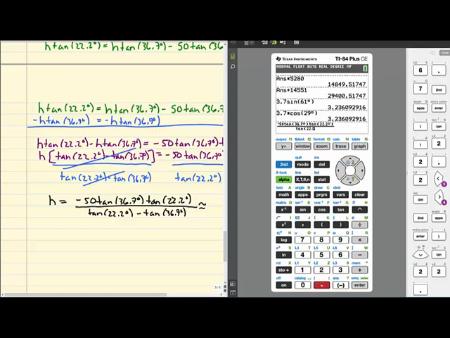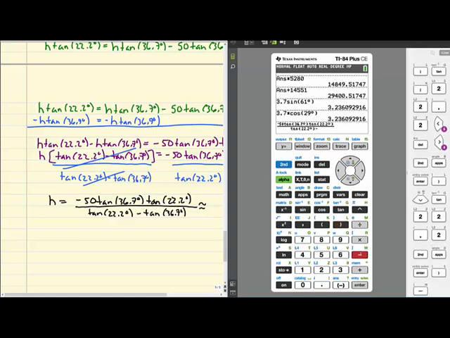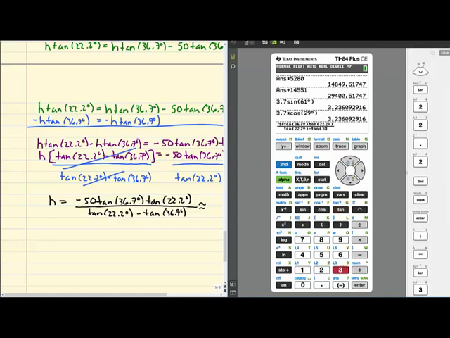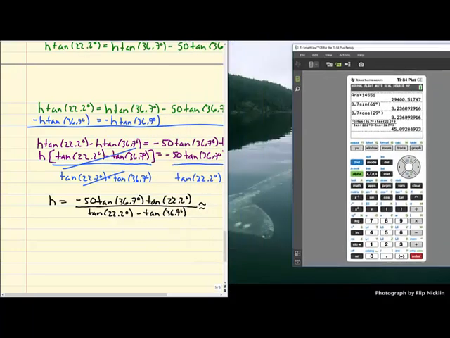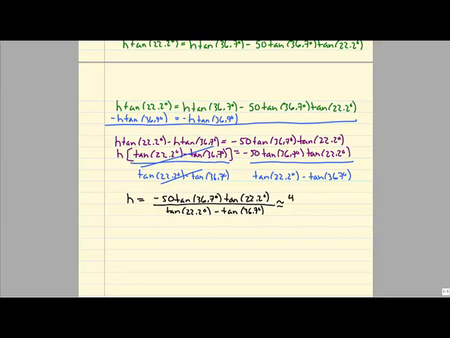22.2 degrees, put in my degree, and then minus tangent 36.7 degrees. So that's second angle, degree, close. So I can clearly see numerator and denominator here, and if I hit enter, I get 49.09288. And then if this was in my math lab, we would just make sure we looked at the rounding instructions to make sure we rounded it correctly. So here we get 49.092888923. Okay, so we were trying to find the height of something, and I think we were in terms of